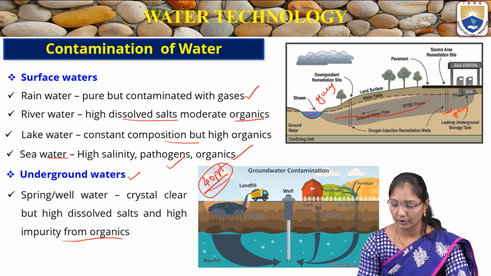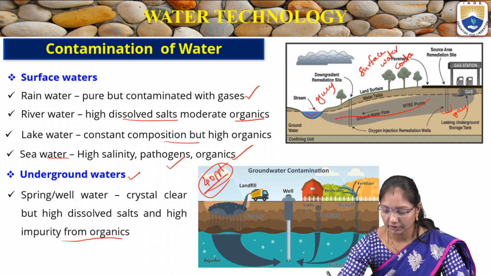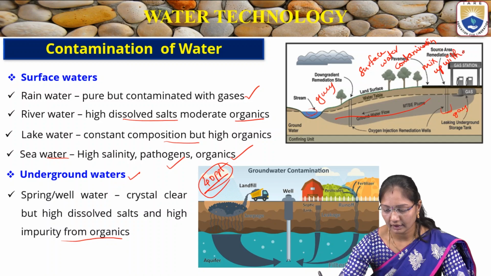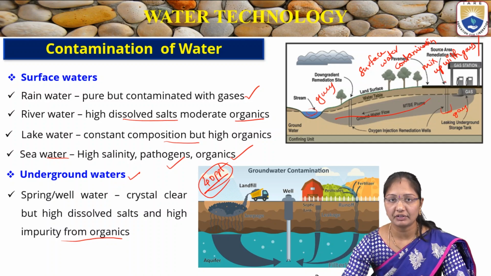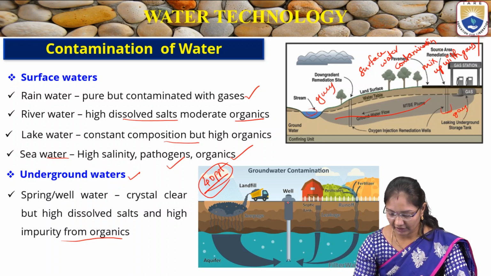And this is surface water contamination. It may be through mixing with the gases, or through leakages, or from the surface water. If it has contaminants on the surface, when it falls on the earth, it mixes with the gases and gets contaminated. So coming to groundwater contamination, if it is wells or bore wells,